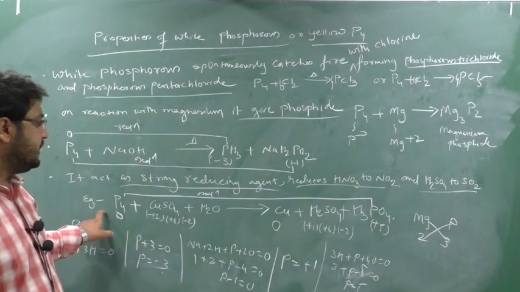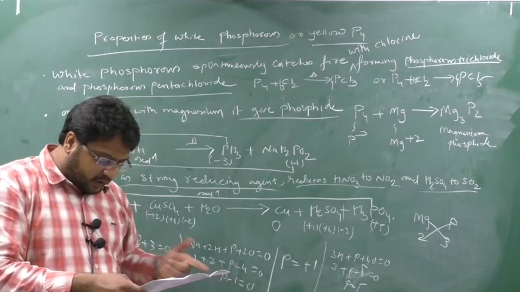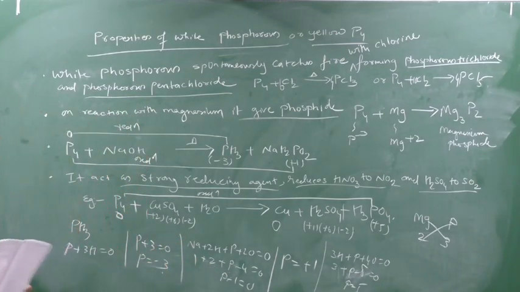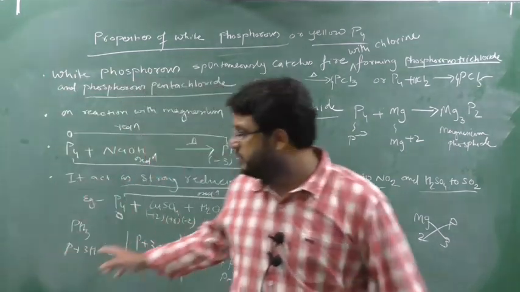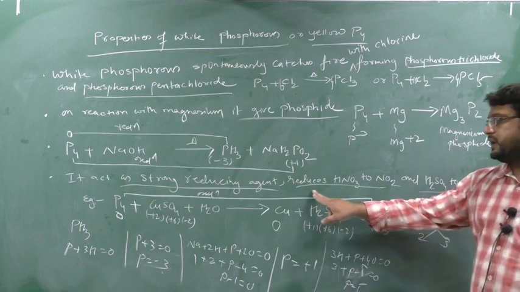An example has been given for phosphorus with copper sulfate. If you see in your Pradeep, there is one more example they have given for silver nitrate. Clear this part? So these are the examples of phosphorus which acts as a reducing agent. You can remember any one of the reactions, it is enough, but this point is very important: